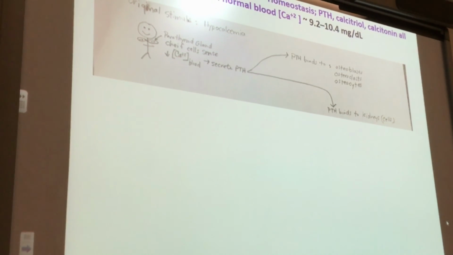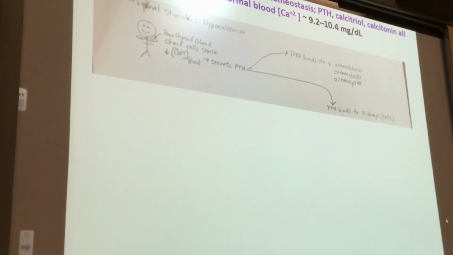So you get calcium from the bone. In addition to this, PTH is going to go to the kidneys. How can the kidneys help bring calcium back up? Don't urinate calcium out. Hold on to calcium in the kidneys instead of